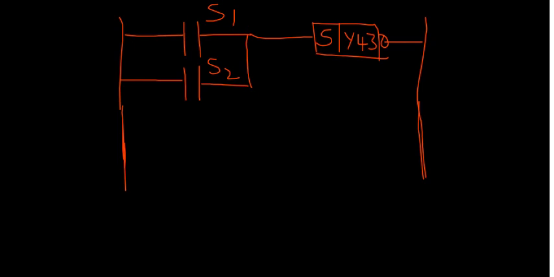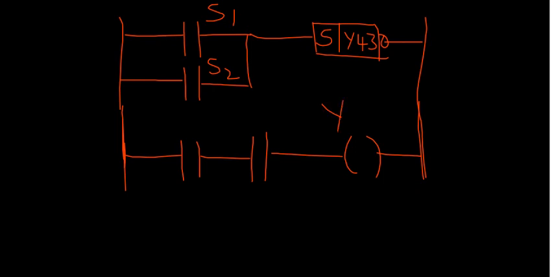Now this S3 you can have as a part of one more rung, which is your motor. Please look here, Y431 happens to be my motor. So this motor is either rotated in one direction to open the barrier, or you make the counterweight act on it to close the barrier. Those situations you will have to visualize, and accordingly you will have to write also. That is very, very important, right?